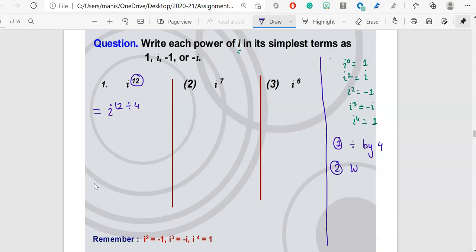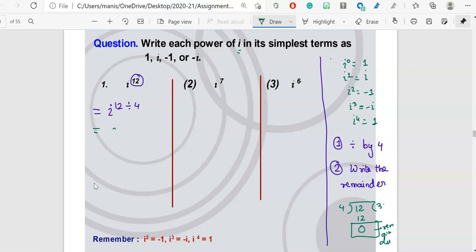you have to write the remainder. Now do keep in mind what I'm saying. Write the remainder, not the quotient. Now let me ask this question from you. When you are dividing 12 by 4, what is the remainder? No, 3 is not the remainder. Look over here, I'm showing you. When I'm dividing 12 by 4, 4 times 3 is 12. This part over here is the remainder. So what is the remainder? 0. If you forgot, this is your quotient, this is your divisor, and this is your dividend.